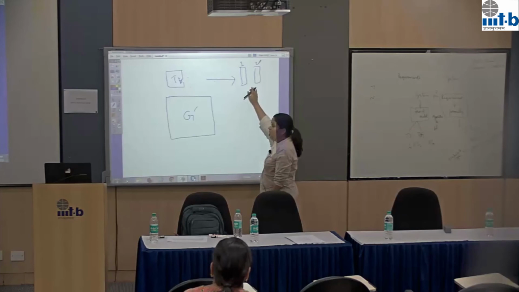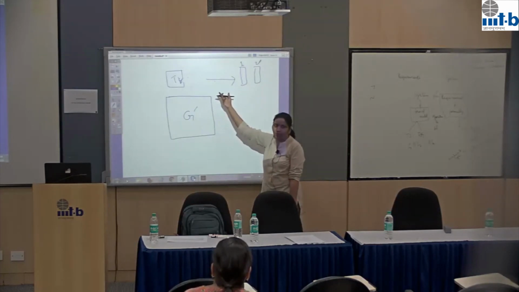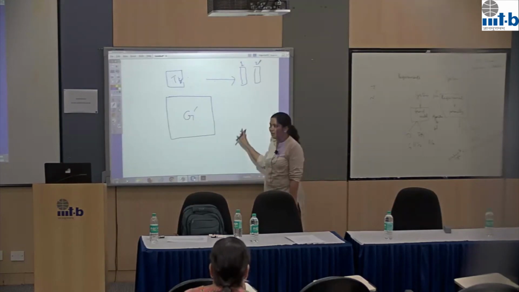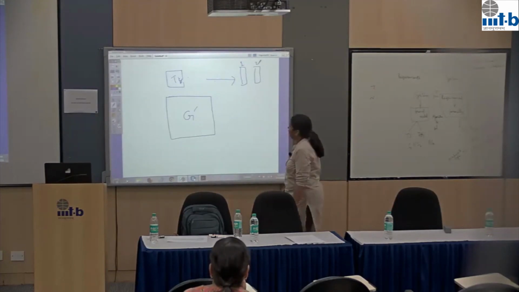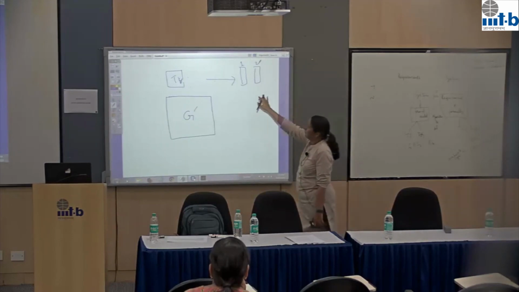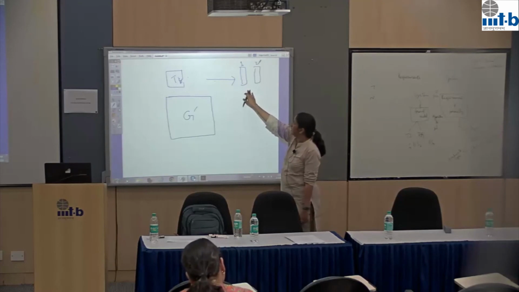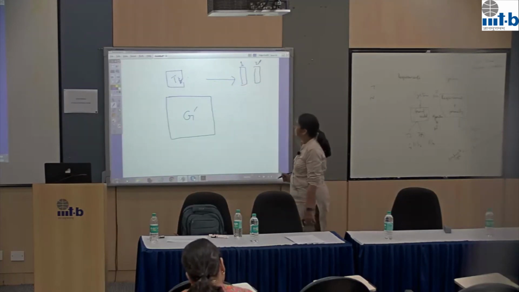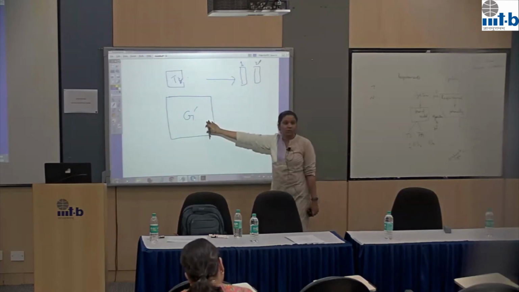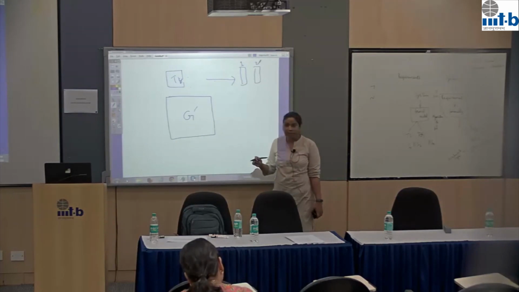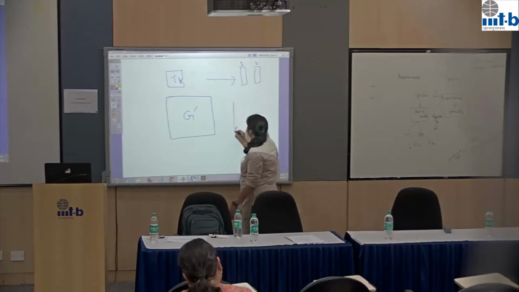So we don't know whether this is the actual coloring we have to look at. So what do we do? Iterate over all possible colorings of T, right? So you iterate over all possible 2 colorings of T. Now take one such coloring. So this has color 1 and this has color 2. Now G prime is also bipartite. That means you can 2 color G prime also